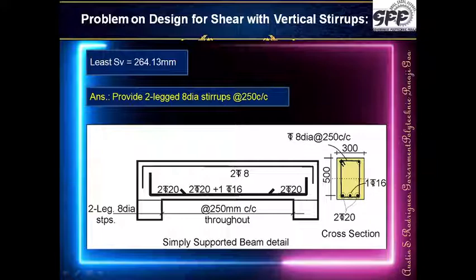So we have seen a problem in which there are different reinforcement diameters, and there is a curtailment of the reinforcement. At the same time, we have seen that the yield strength of the stirrup steel is more than 415, and the code has put a restriction on the Fy for minimum shear reinforcement. So we have to take Fy as 415. So please keep this in mind when we are doing the design for shear for the vertical stirrups.